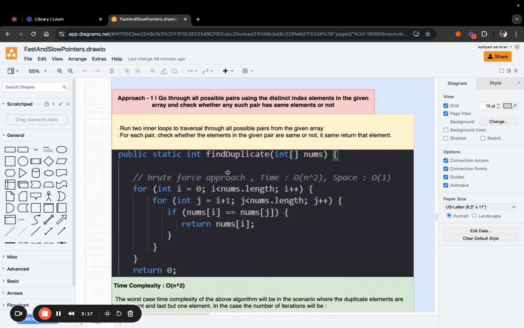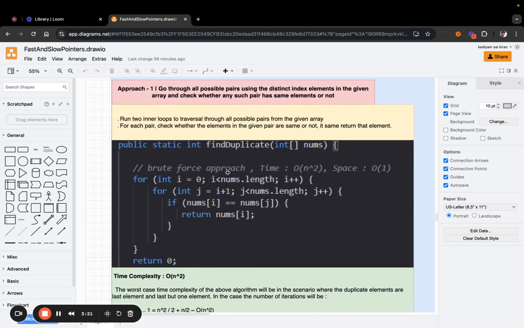So this is the computer program, which is written in Java programming language. So here, as we have discussed, we have initialized 2 loops, an outer and an inner loop. So one is starting from index 0 all the way to the last index, and the other index is starting from i plus 1 till the last index,